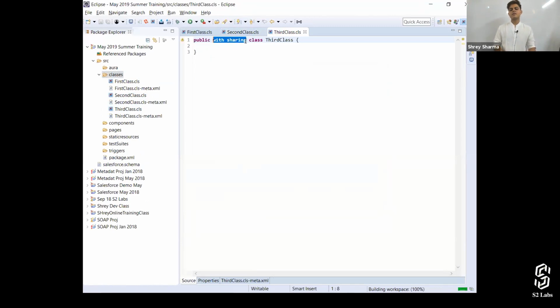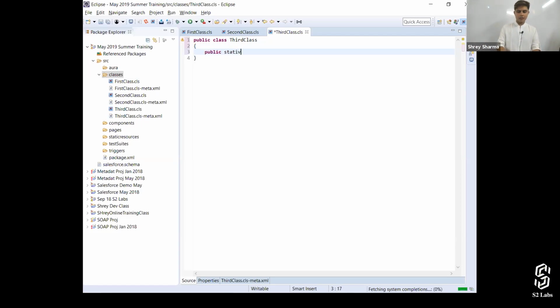We're going to talk about this with sharing later on. It is basically used to set the security and sharing settings on a particular class. Like a user who is running the class, his or her security and sharing settings should matter or should not matter. By default, it doesn't matter. But if you're going to add with sharing, it will matter. That's all what it is. But currently, public class, third class.